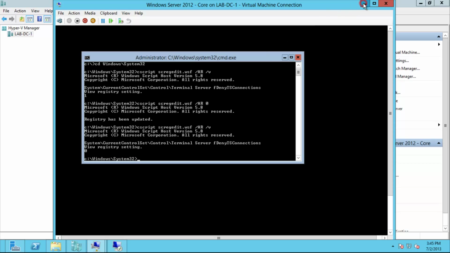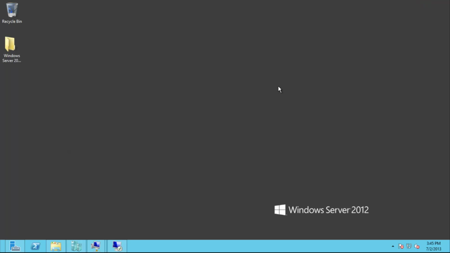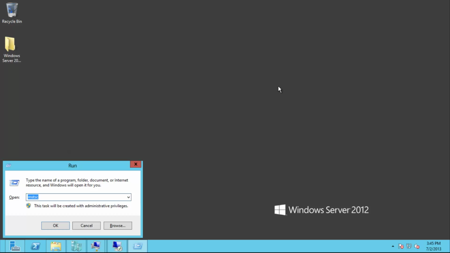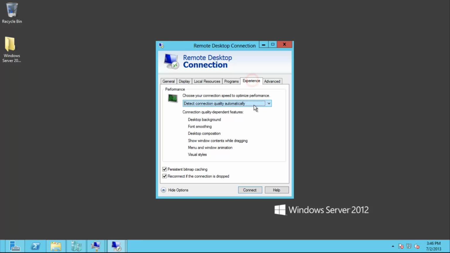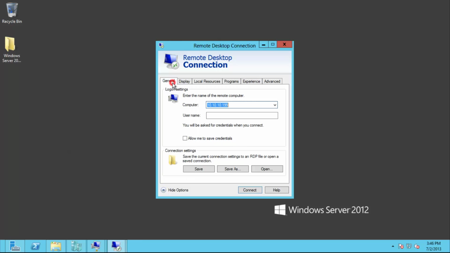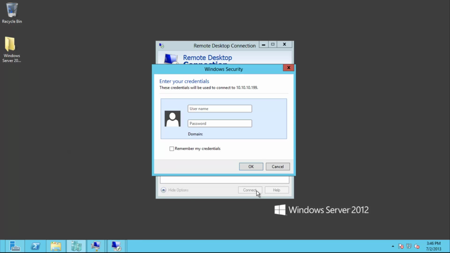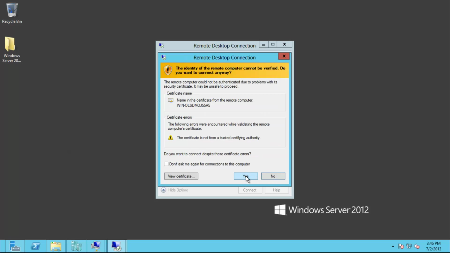Now let's check this remote desktop connection from my Windows Server 2012 machine. Again the same mstsc, type the IP address, that is 199, and I want to experience, actually there is no GUI but I still want to experience it with the LAN. See how mean I am. So just click on connect here, and once it is connected, it will prompt you for a username and the password. Administrator is the username and the password is here. Just click OK, certificate, accept that, and yes, we are